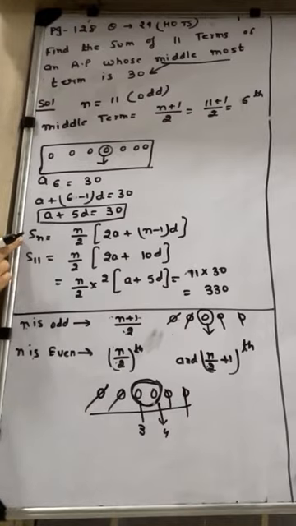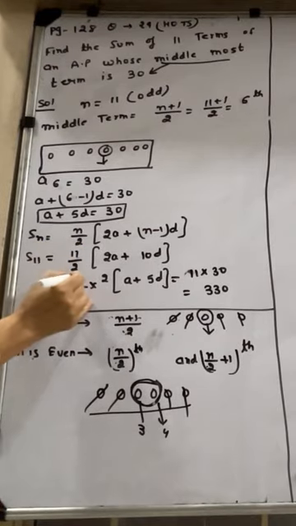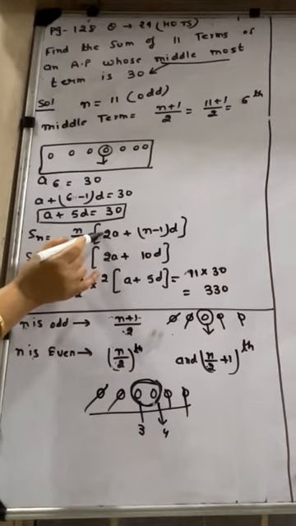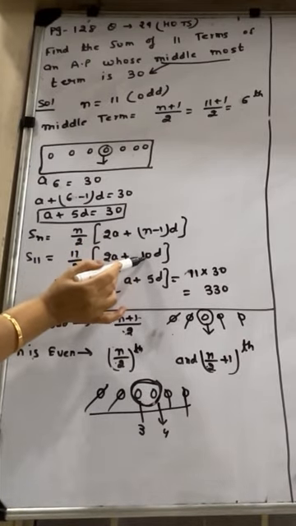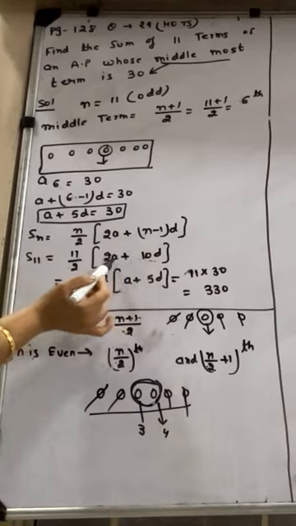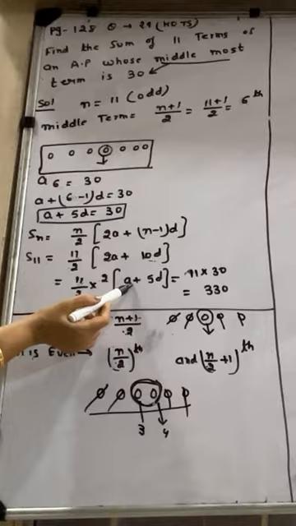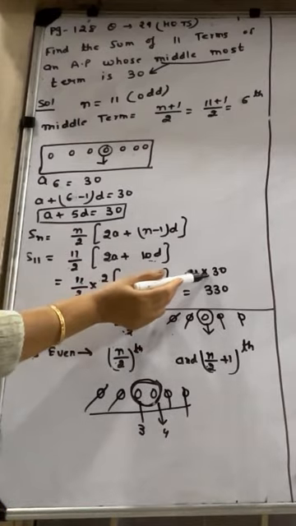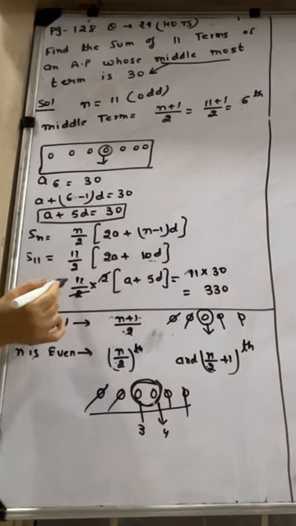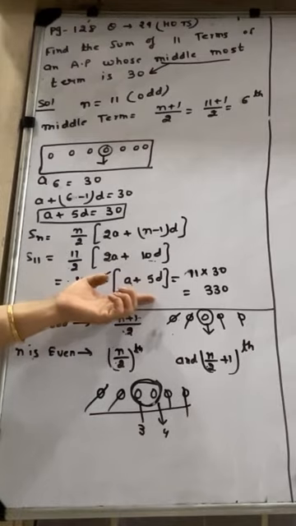Now we are asked to find the sum of 11 terms. I will write the formula of Sn. What is the value of n? If you want, you can replace it over here. The value of n is how much? 11 by 2, 2a is 2a. The value of n is 11, 11 minus 1, you will get 10d. Can I take 2 common from here? Yes. 2 will come common. It will become a plus 5d. What is the value of a plus 5d? It is your 30. Replace it with 30. This 2 and 2 will be cancelled. 11, this is your 30. So 11 into 30 is how much? 330. It means the sum of 11 terms will be 330.